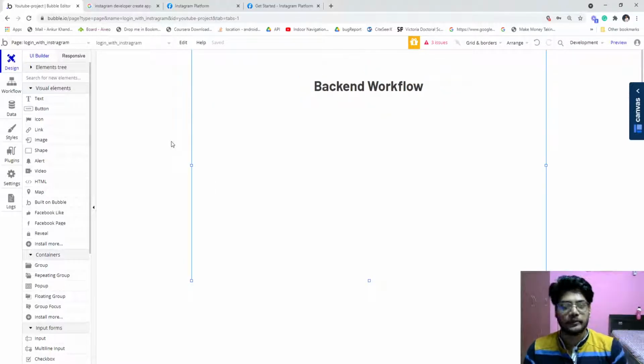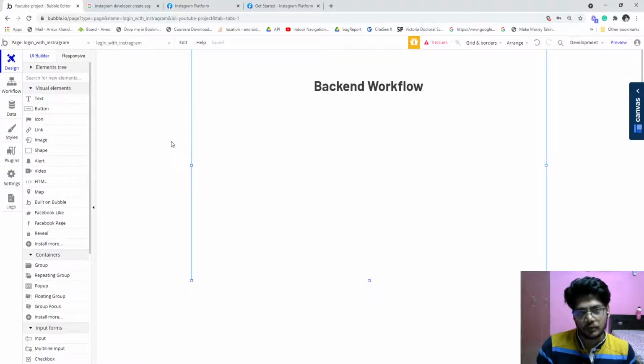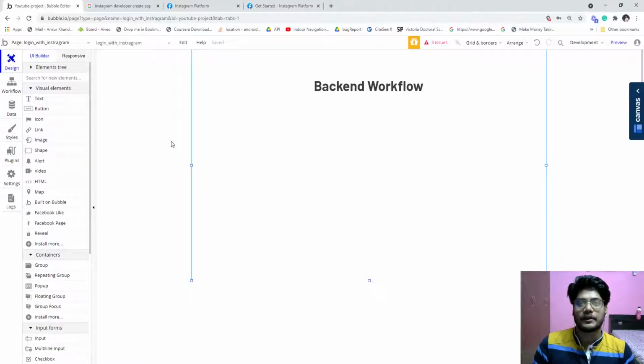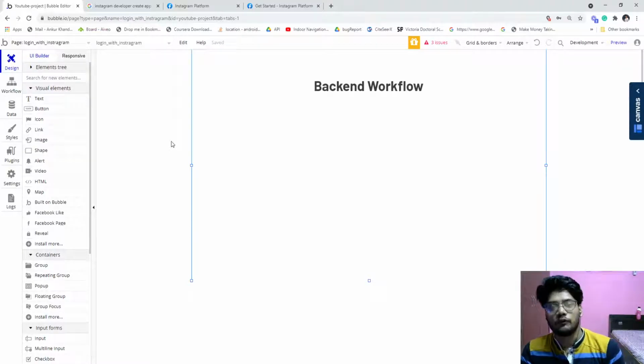In today's video, we will learn what exactly the backend workflow is, what its use case is, why we use it, and everything. Okay, let's start. So, a backend workflow is a set of tasks you put that is happening in the backend. That is not happening in the front end. What exactly is the front end and what exactly is the back end? Let me just iterate for you.